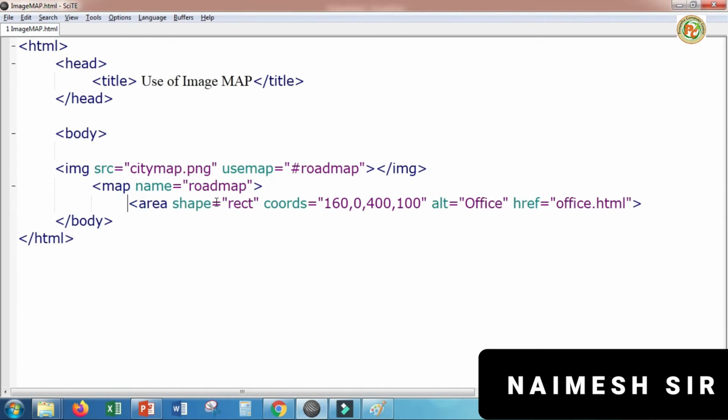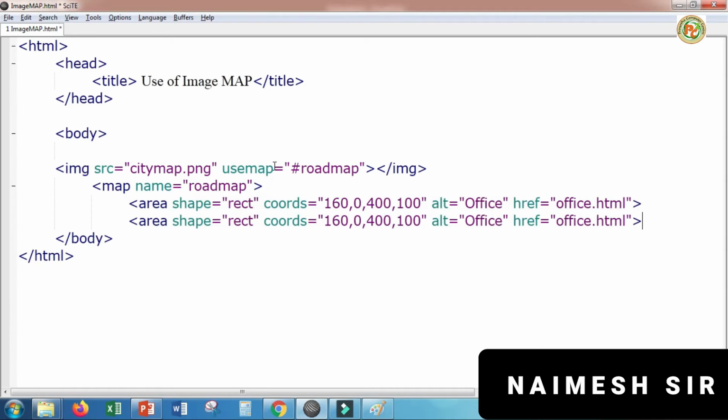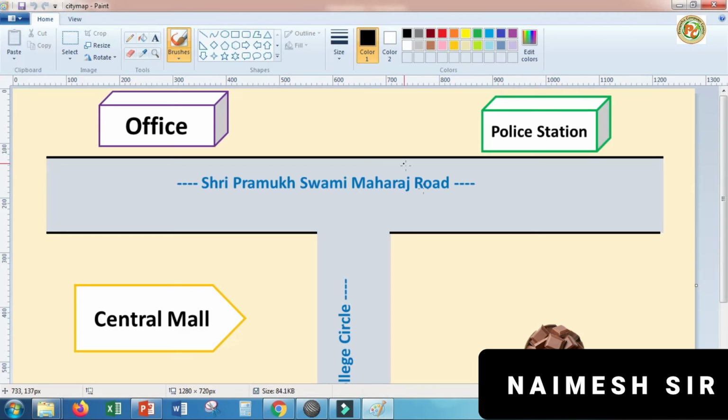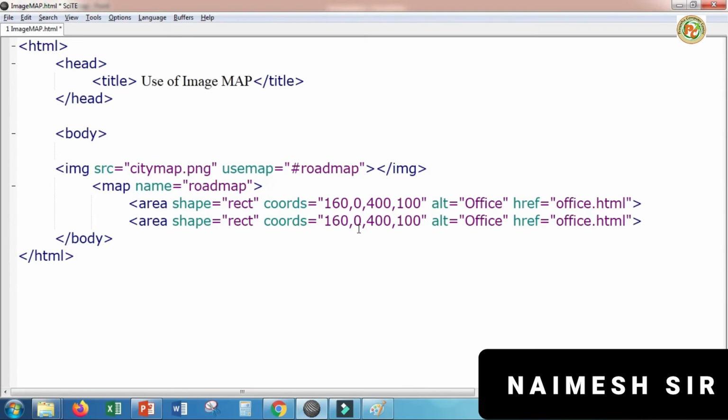Now what to do? I want to copy this entire thing, Ctrl C, and I will paste it here, right? Again I want to draw the rectangle, but in this case I want to change the coordinates. Now see, the starting coordinate I have to define. It is starting from here, this much only. So it will be 800 plus 1 2 3 4 5 6 7 and 8, to 818, so 880 it will be.